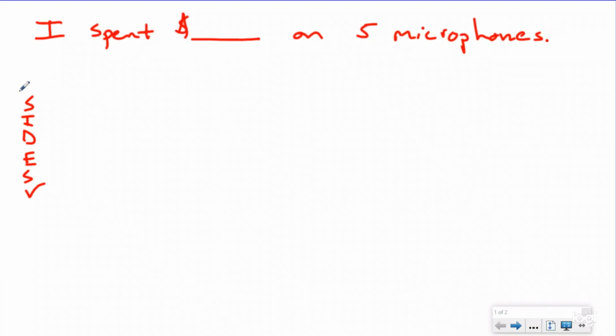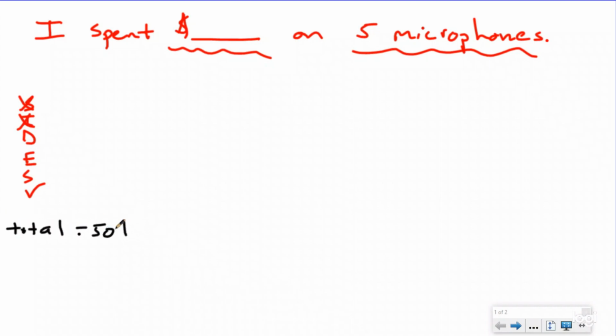Which means when I go back and listen, I'm going to be identifying anything about money and, of course, anything about microphones as well, right? So let's go back and identify. Let me get a different color. Red's bothering me. There we go. Trusty black. And so I know that total, I spent $504. So my total was $504. I know that I bought 4 webcams, okay? I know I bought 5 microphones,